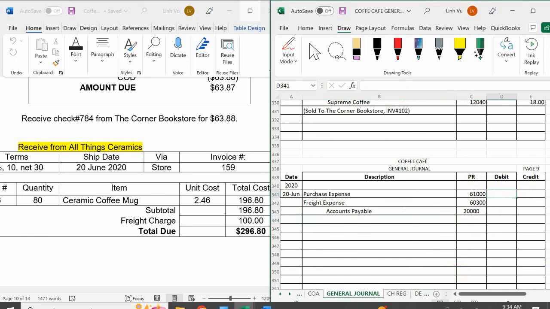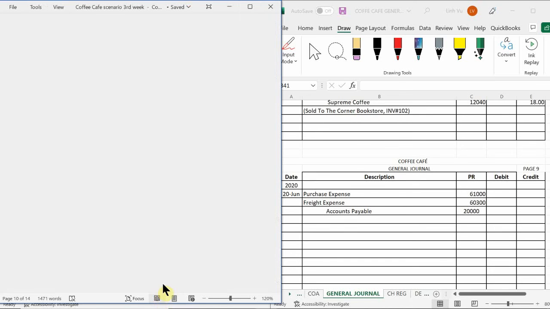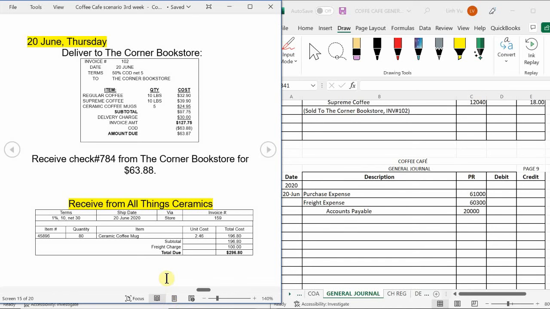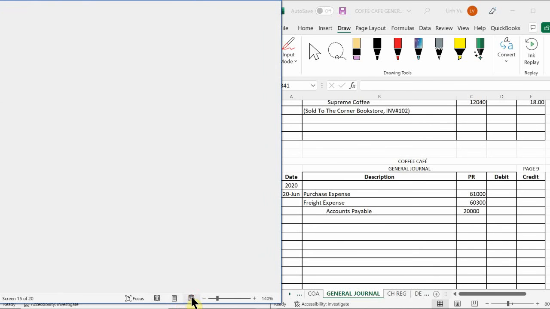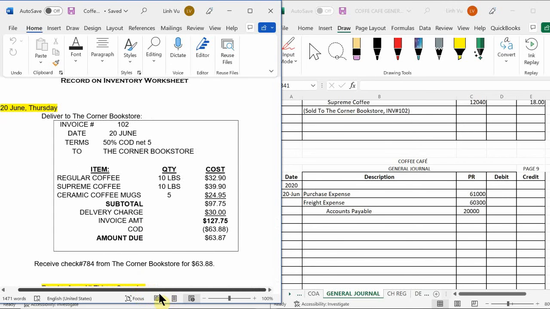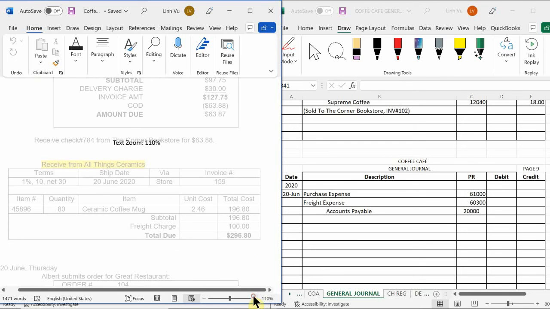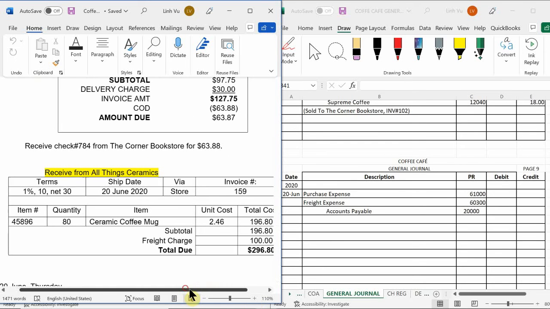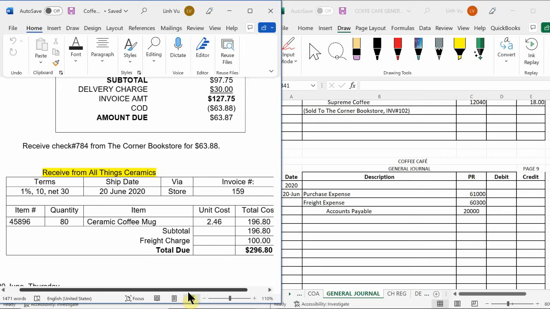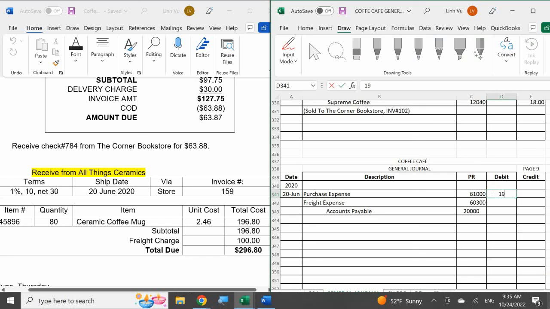How much was the coffee mugs? Okay, the coffee mugs was... Sorry. I think it was, I'm on this one. So what was the coffee mugs? The coffee mugs was $196.80. How much was the freight? The freight was $100,